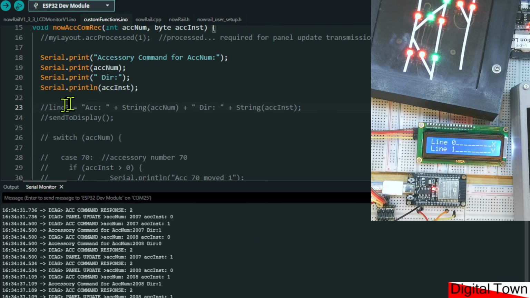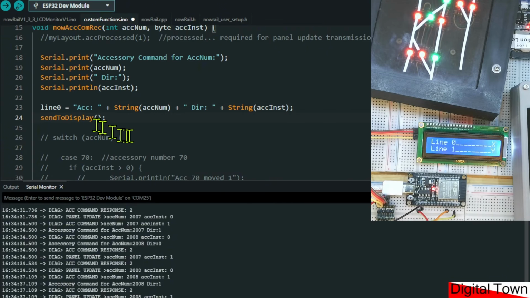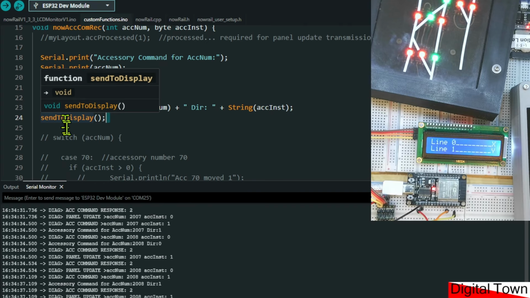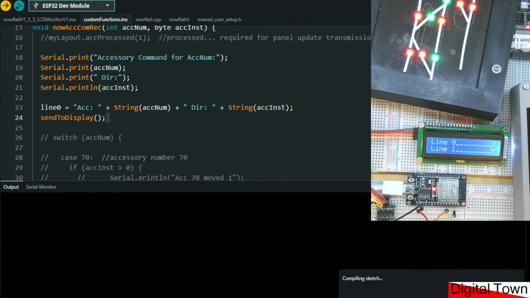And all I'm going to do is uncomment these 2 lines. And the line's quite simple. Line 0 is creating a string, and it's going accessory, and then a string of the accessory number, direction, and the accessory instruction, and then it's just going to call send to display. So if I now quickly upload that,